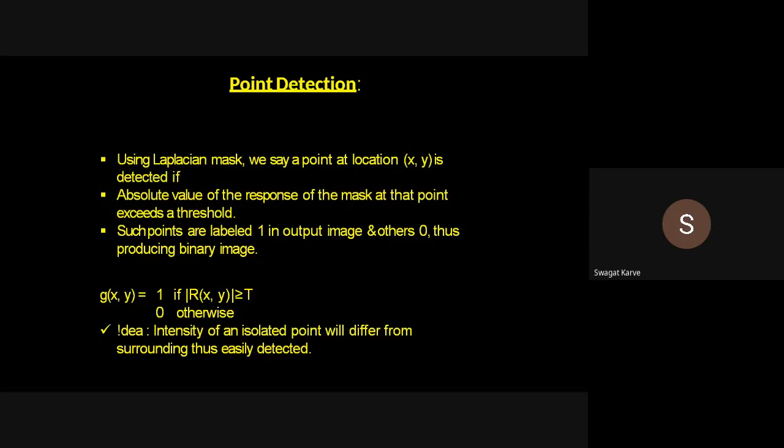Now today we will discuss the first, that is point detection. First we will discuss the principle of this point detection. The principle of point detection is the response of the mask. For point detection, line detection, and edge detection, we are using some mask. We apply that mask onto the image, and then we are able to detect the points or edges or lines in that image. For that purpose we basically require masks.